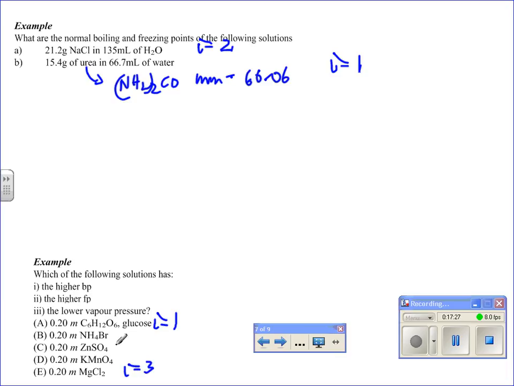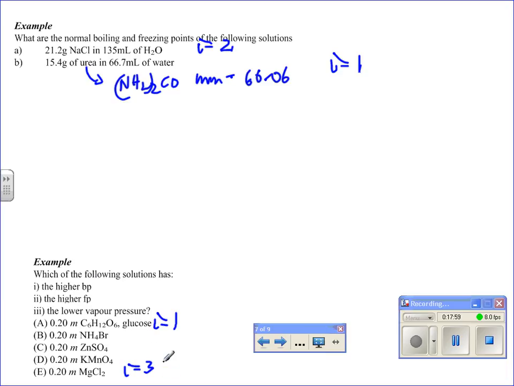Now it's important to note that we're comparing solutions of the same molality. If you were to compare solutions of different molalities, you would need to take into account the combined impact of the molality and the i value to see what the overall change would be on the boiling point, freezing point, or vapor pressure. So the highest boiling point is going to be E because